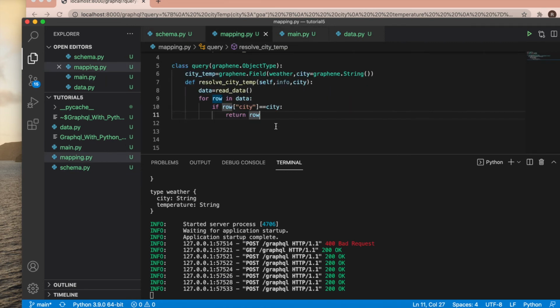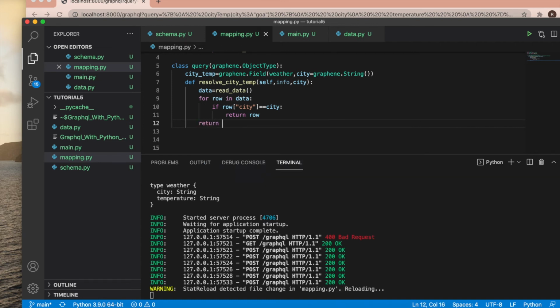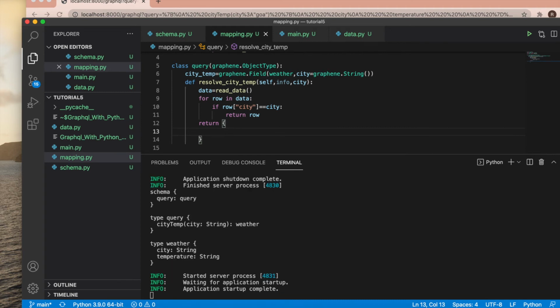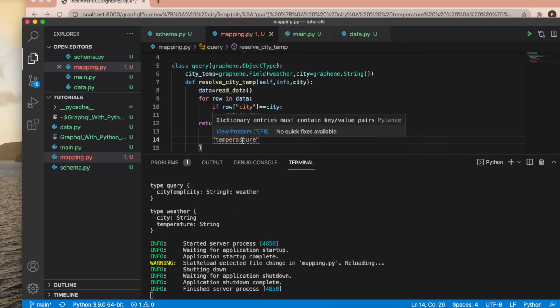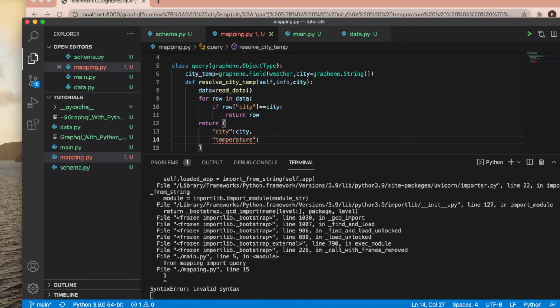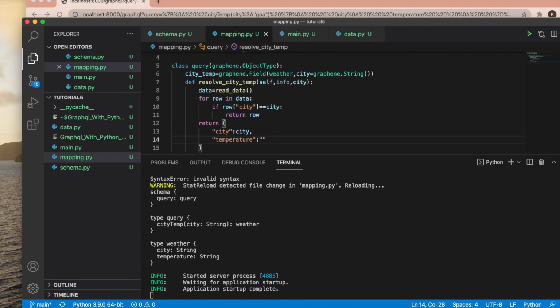Maybe in the mapping, if everything has already reached here, I can write return city equals city, and temperature equals not found in the sequence, something more realistic.